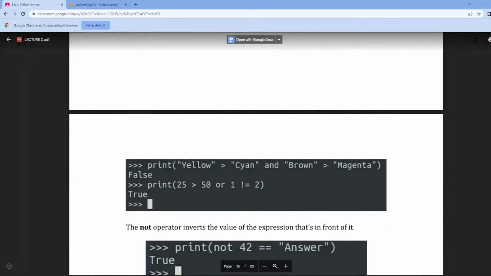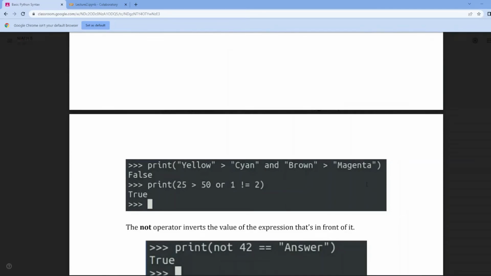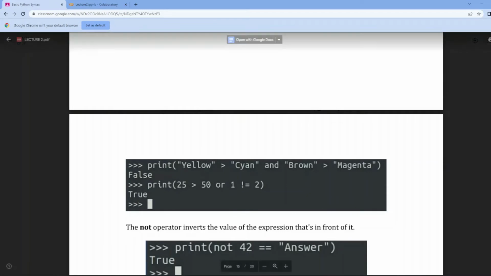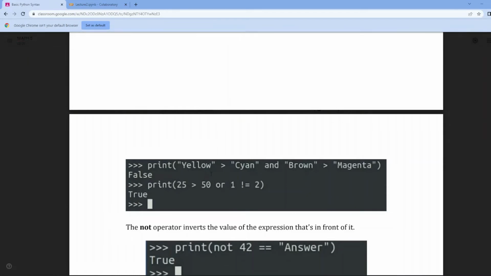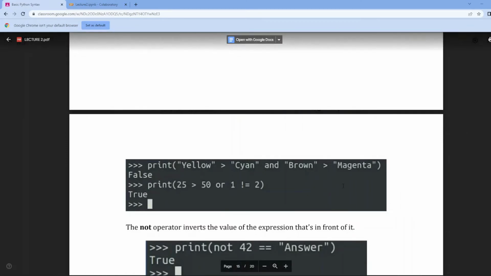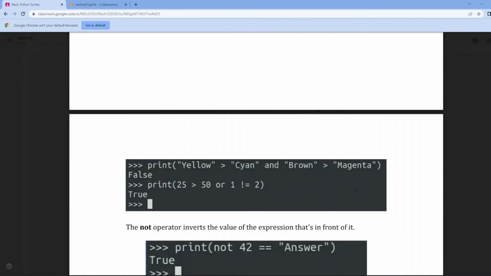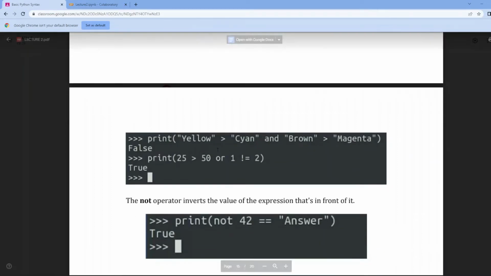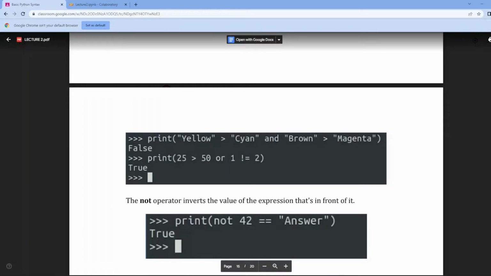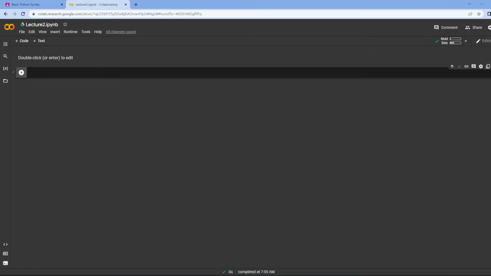Print yellow greater than cyan and brown greater than magenta. So, ayan. Is yellow greater than cyan? And is brown greater than magenta? Right? So, yung ano kasi, yung uppercase is different from lowercase din. And yung may hierarchy. Okay. So,